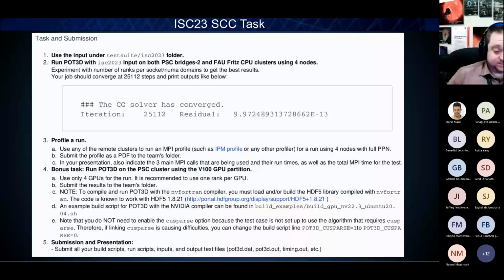So if you grab the version 1.8.21, you can just install that from source and then put those paths in your LD library path and compile linking to those paths, and it should work fine. An example build script for the NVIDIA compiler is inside the GitHub and the build examples, build GPU NV22.3 Ubuntu